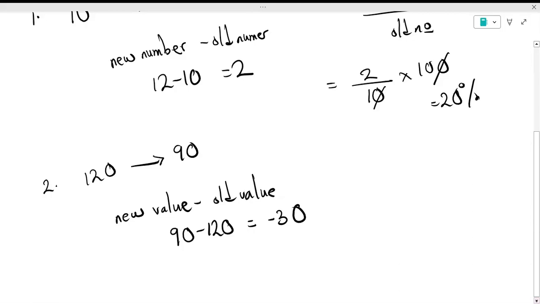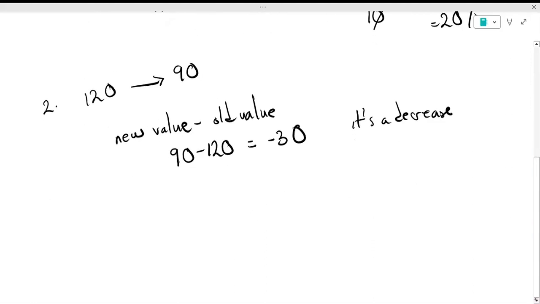So what the minus tells us is that it's a decrease, telling us that the new value is less than the old value. So when you have the minus, it just tells you that the new value is less than the old value. So there's a decrease, it could be a loss or something like that. Okay, so we can just write minus 30, and then how do we find the percent change? That will be the change over the old value